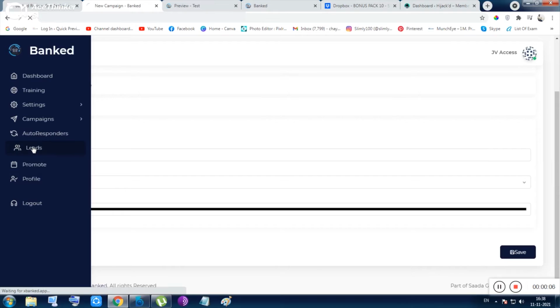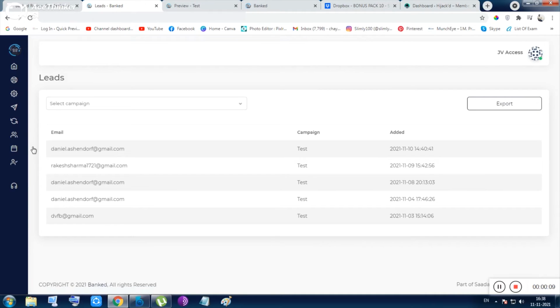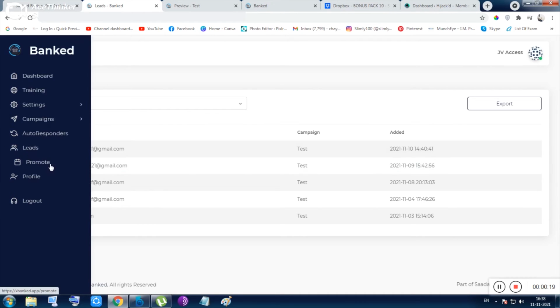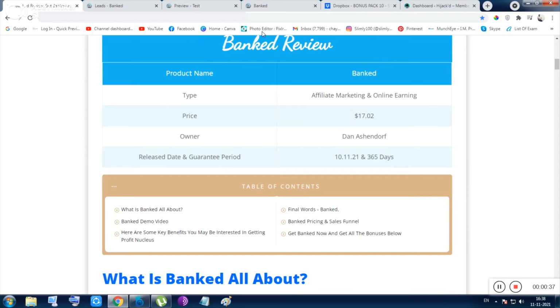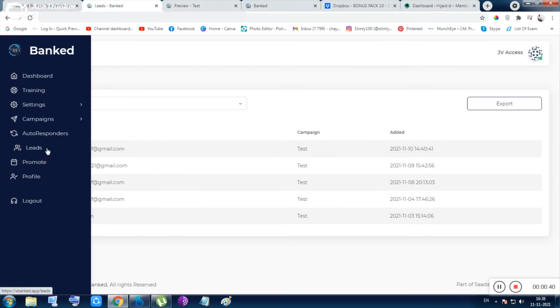Next thing is the leads. So you don't need to get any autoresponder to use this tool, or waste money inside any other apps. After getting this tool you can capture leads inside this tool, and you can use this tool very carefully. Within just $17 you can save so much money by investing $17 inside this tool. You are getting the autoresponder, the lead capturing feature, the campaigns, the settings, the landing page builder, everything.